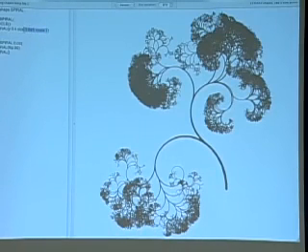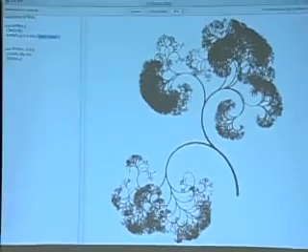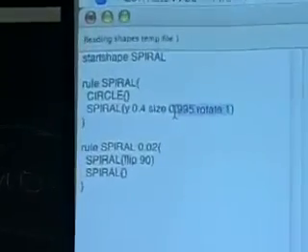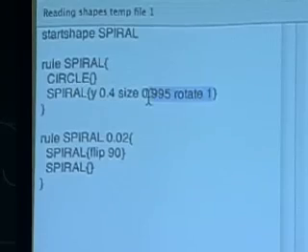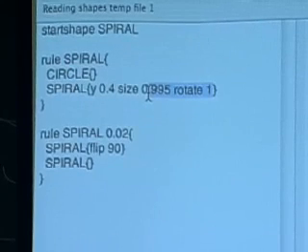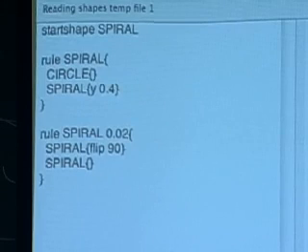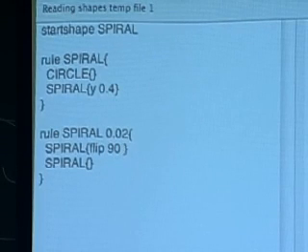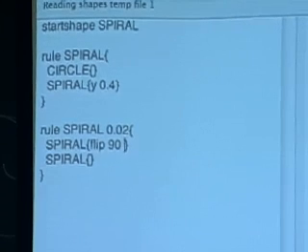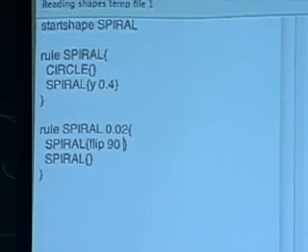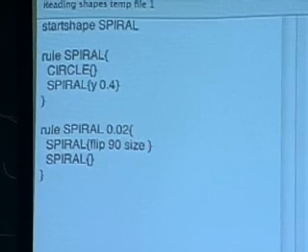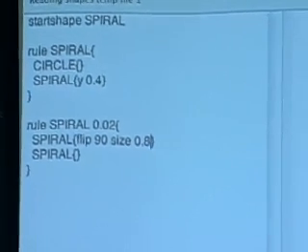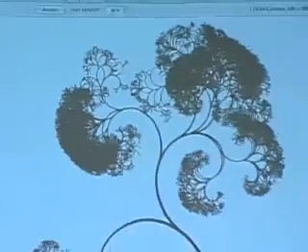So I'm going to do it. This is the rule. The rule on top is just the rule that it does when it's just going. So I'm going to change this to just increment y. And I'm going to change this, so one of these is going to just go straight, and the other one is going to branch and get smaller. So size 0.9 for just going straight.